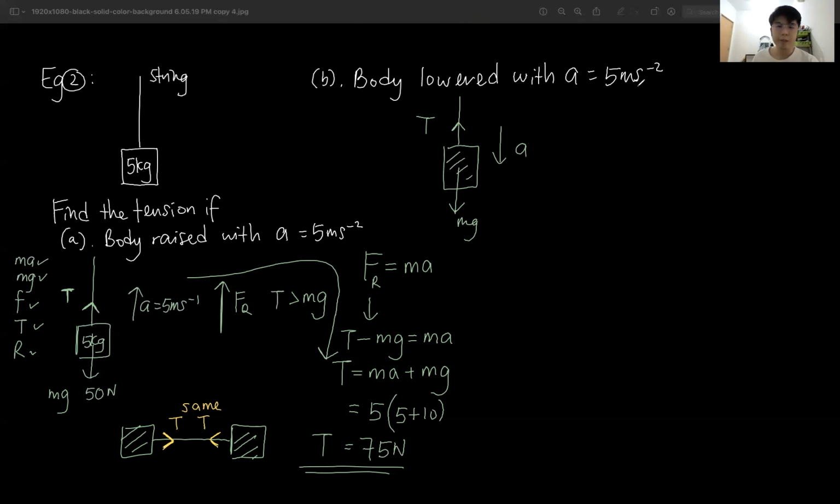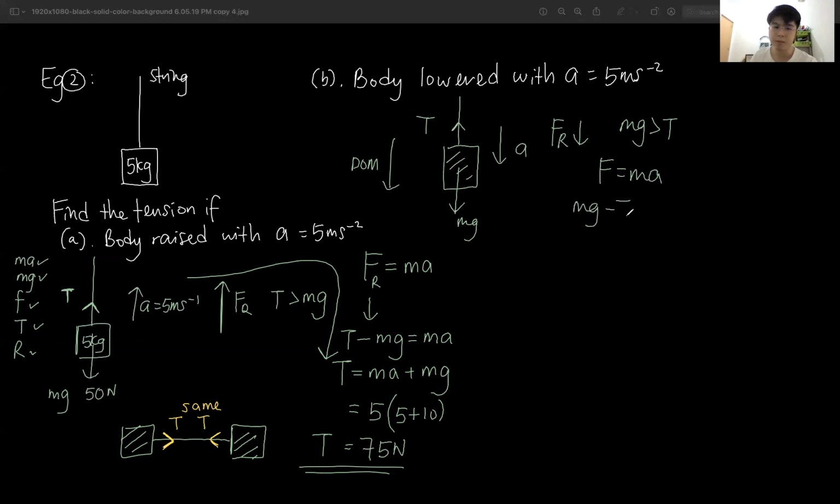Lowered with acceleration 5. Where is the direction of motion? Direction of motion is downward, and acceleration is pointing also downward. So it is accelerating downward. If it's accelerating downward, resultant force is downward. So mg bigger than T. Now you can even do it yourself. mg bigger than T, so F equals ma,